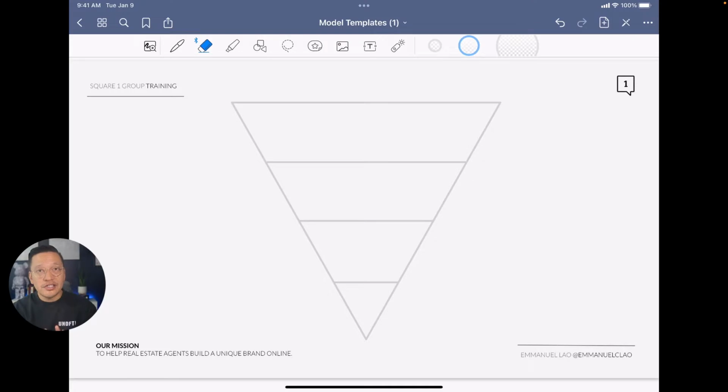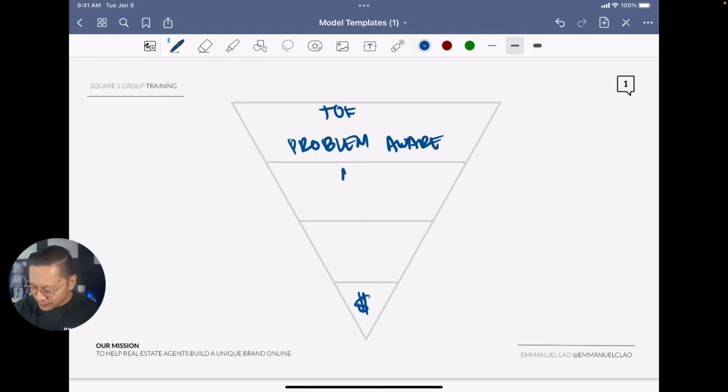One agent knew one very important insight and the other agent did not. So let's dive into the sales funnel and I'll explain it to you. What agent 2 knew that agent 1 did not is that at each stage of the funnel, there are different levels of awareness. For example, if we have the client conversion happening down here, and this is the top of the funnel, then the level of awareness is that they're only problem aware. Then at the middle of the funnel, they are only solution aware. And then at the bottom of the funnel, only service aware.